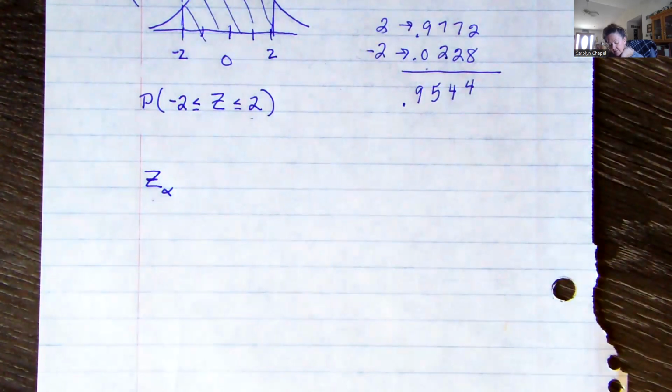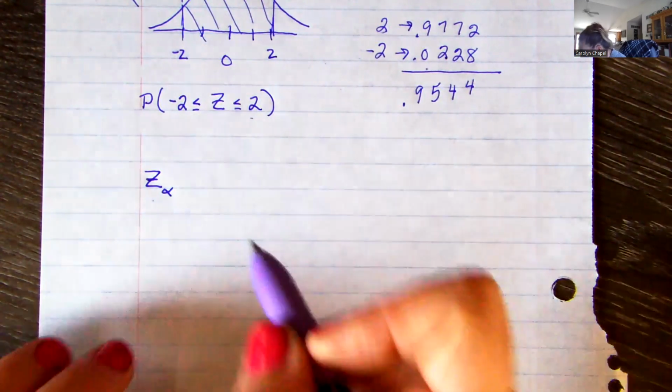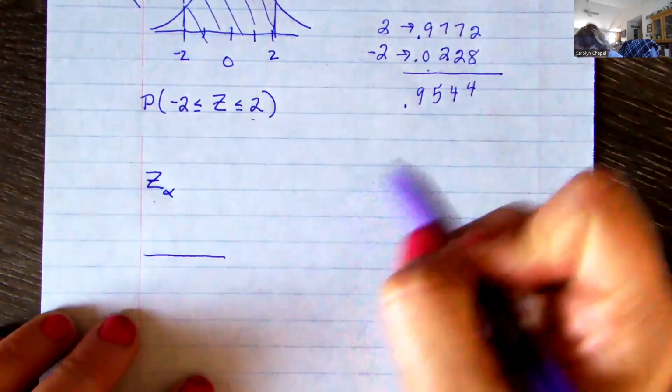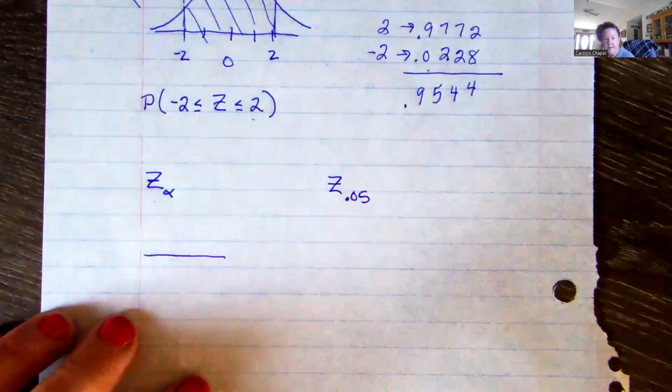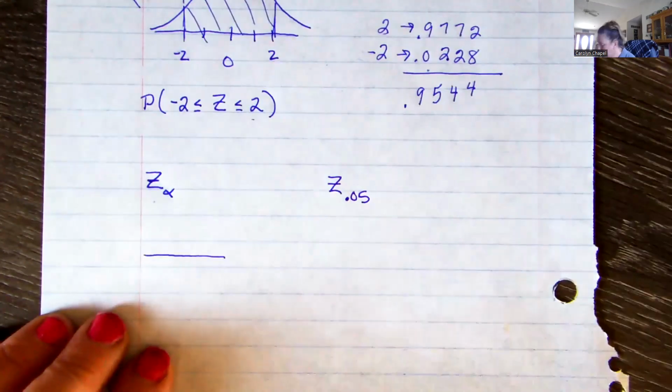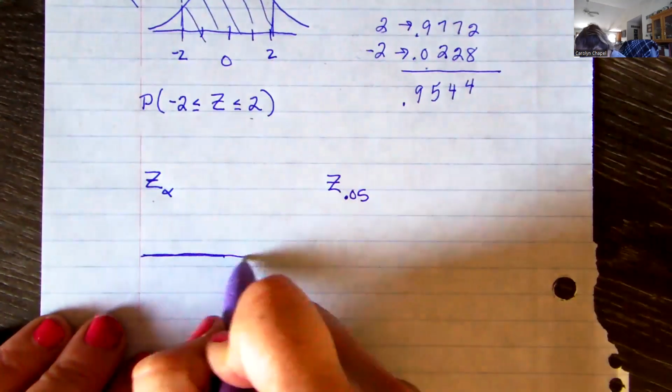Doing this in StatCrunch is sometimes a little easier than doing it on the tables, but I want you to understand what you're finding. So let's just, for example, find z.05. Okay, what this represents